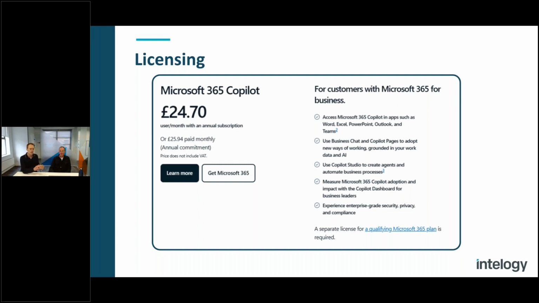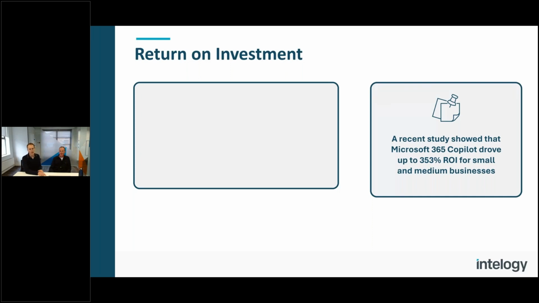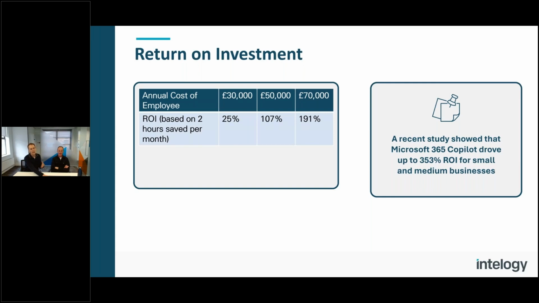But looking at the costs in isolation doesn't always tell the story, does it? So I like to consider return on investment more than that. That figure we saw in the earlier slides was using numbers like over 3 times return on investment against that cost. A word of caution, I think some of these stats that are given, they sometimes base everything on quite high salaries of individuals. They sometimes base things on some really big time savings. So I just thought I'd look at a few different salary ranges and a bit more of a conservative estimate, if you like. So I've looked at 3 different salaries there, starting at 30k,